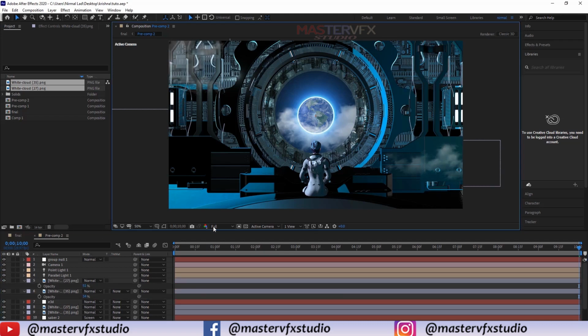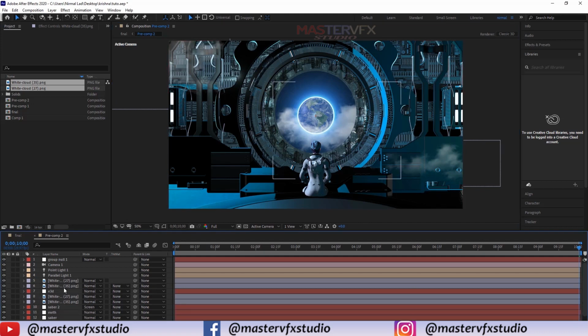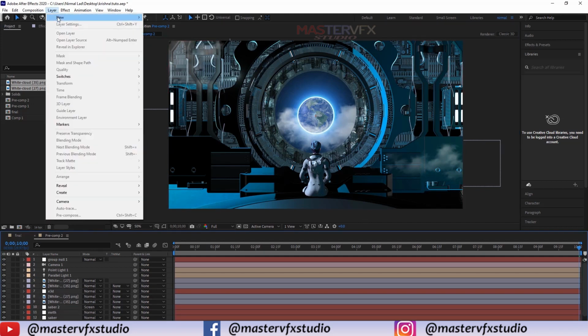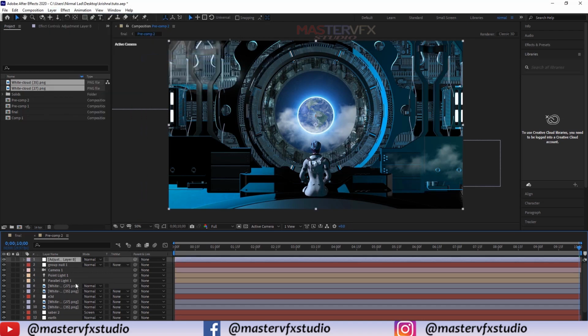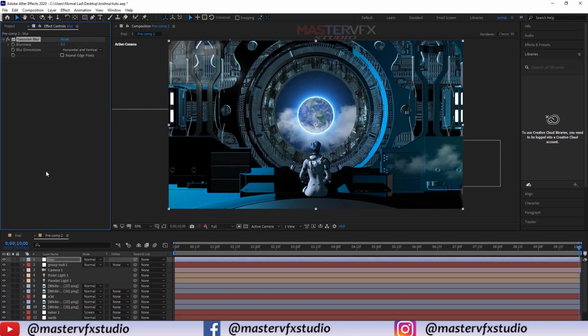It looks good. Now guys, create a new adjustment layer: layer, new adjustment layer, and rename it to blur. Select the adjustment layer and apply a Gaussian Blur effect.